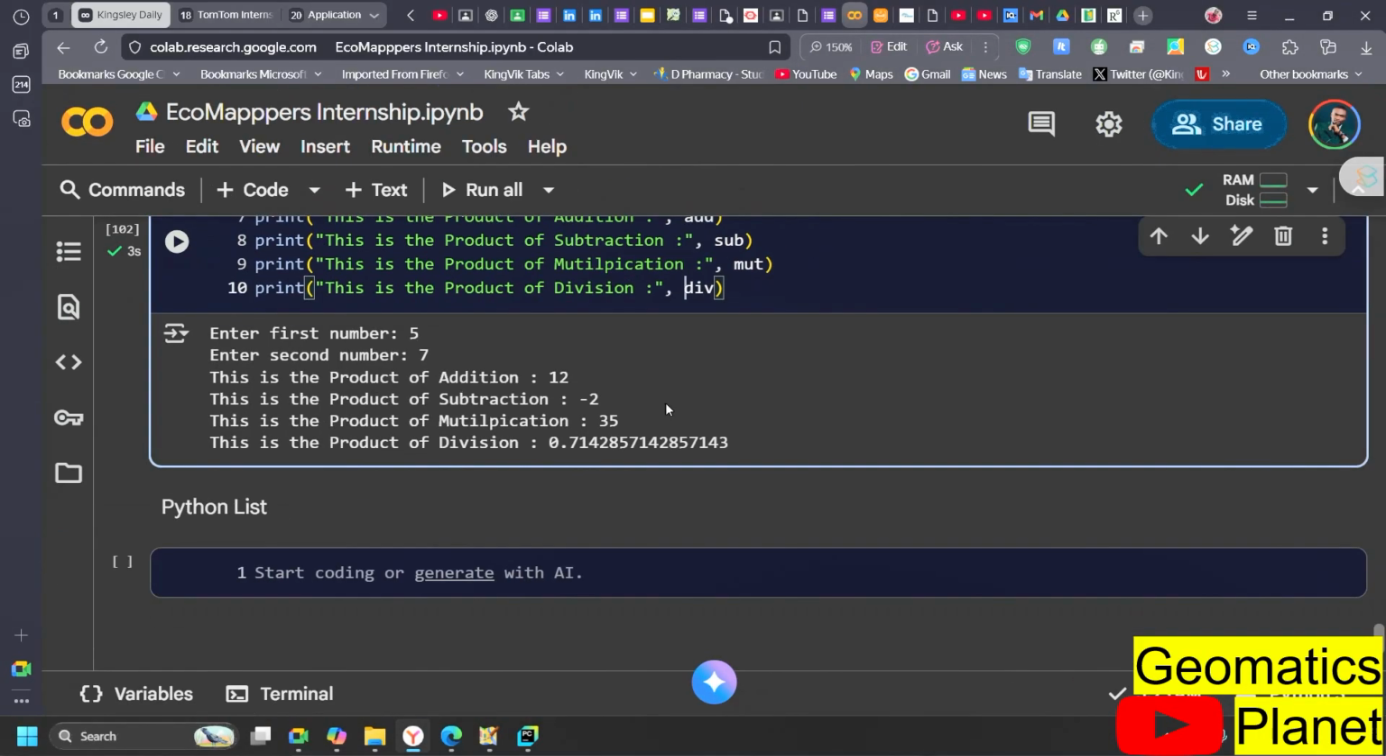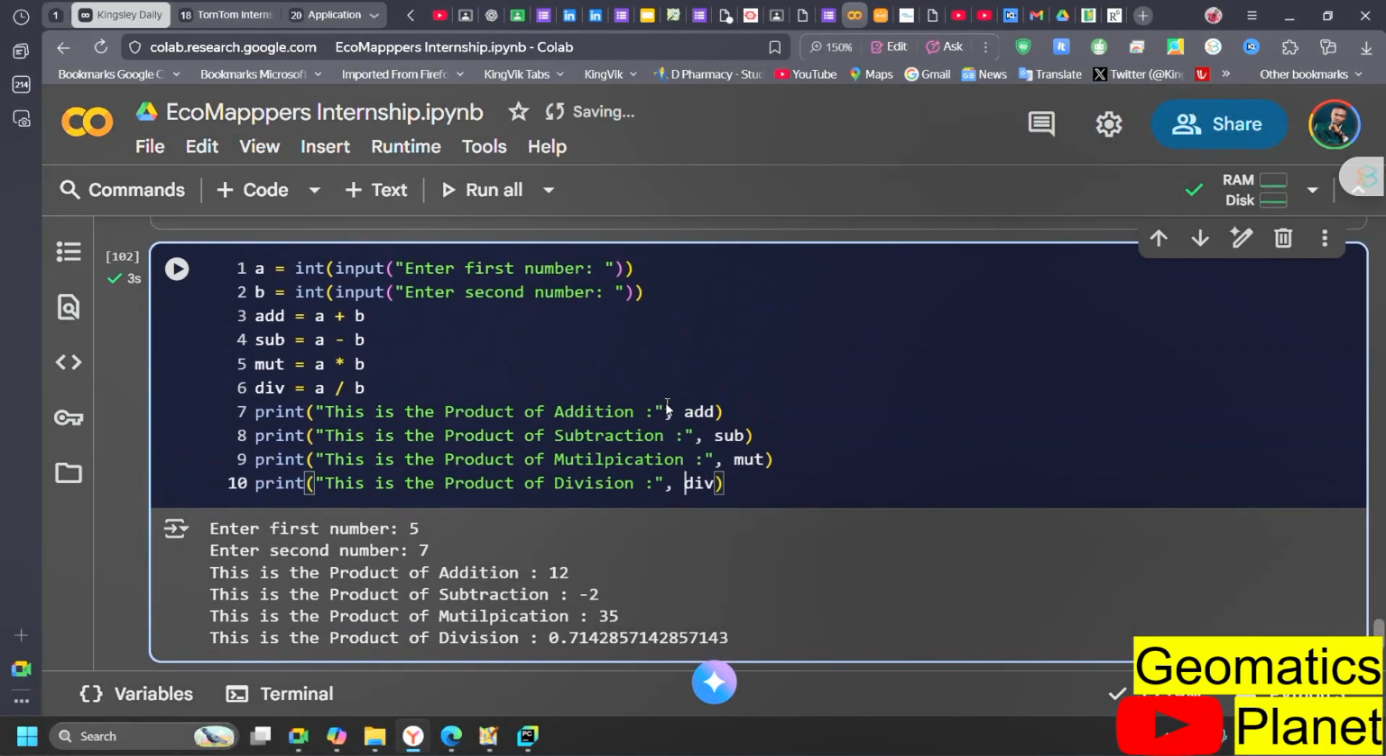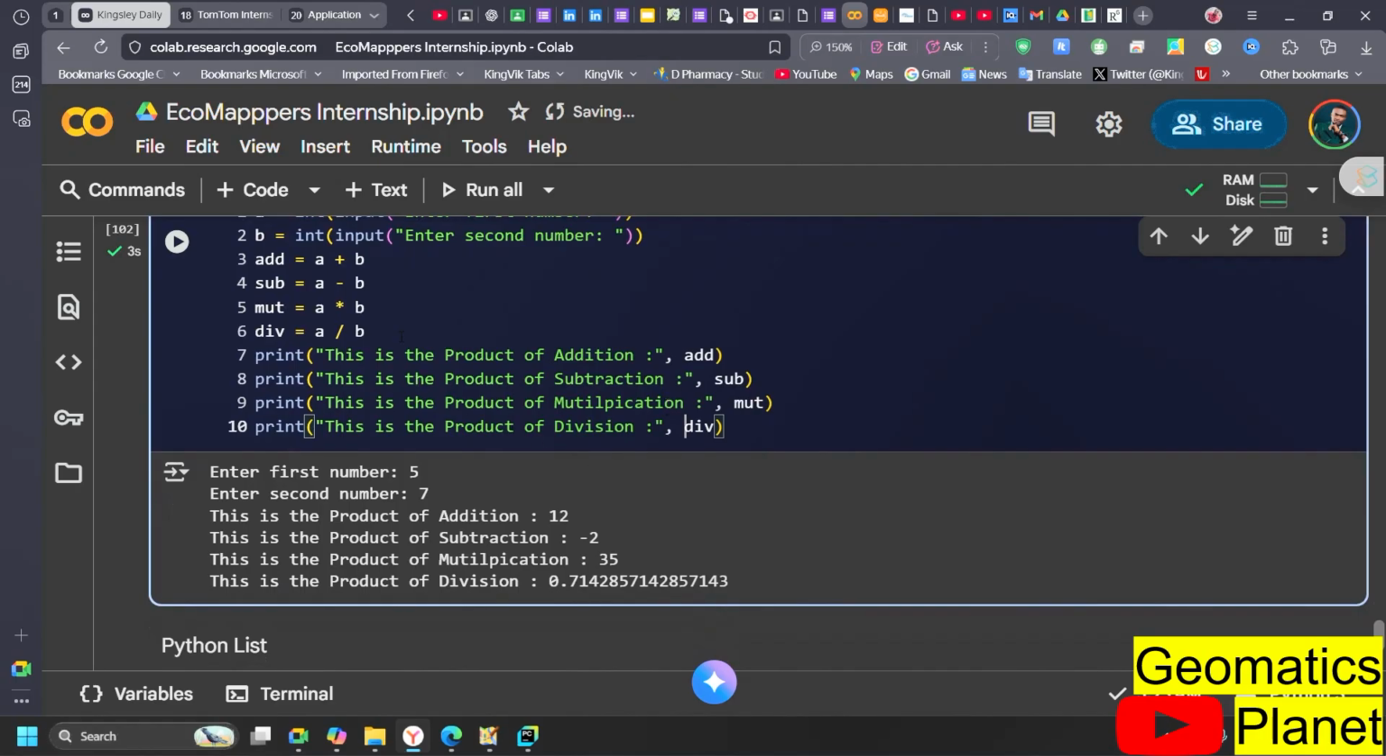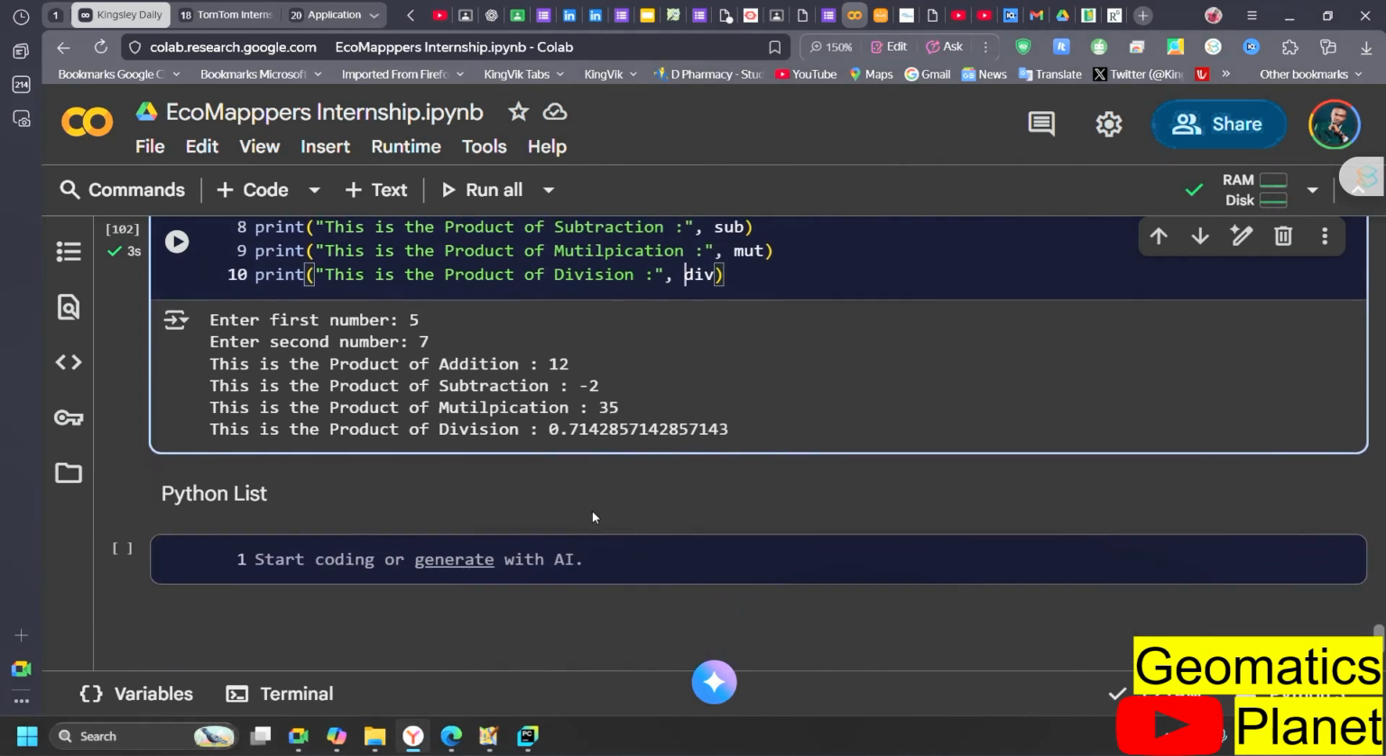So you can see here I've made it more interactive in such a way that the first number I've added is this, the second number is this. This is the product of addition, which is 7 plus 5. This is the product of subtraction, which is 7 minus 5. This is the product of addition. So you can make it interactive like this,